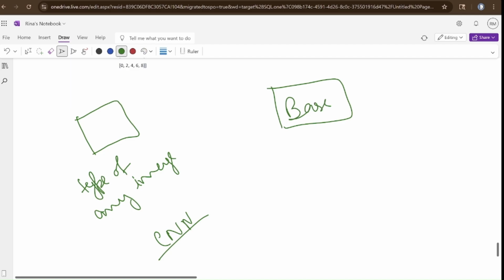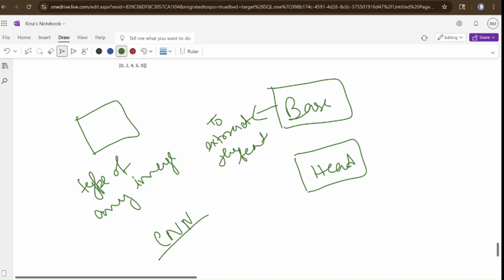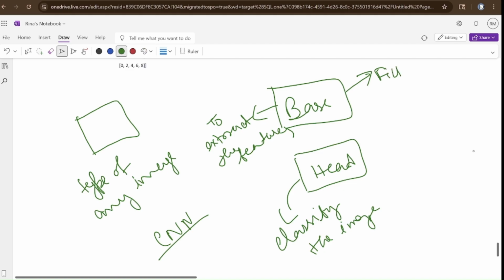One is base, another is head. Base part is used to extract the important features from the image, okay, and head part is used to classify the image. Fine. And in base part we have learned first you have to do filter, which is done using convolution,